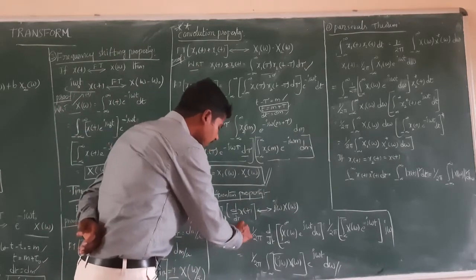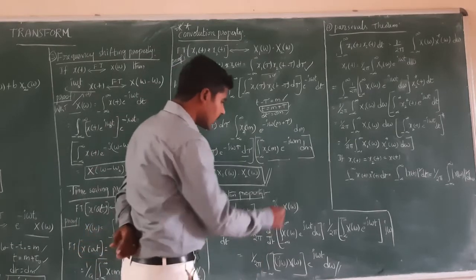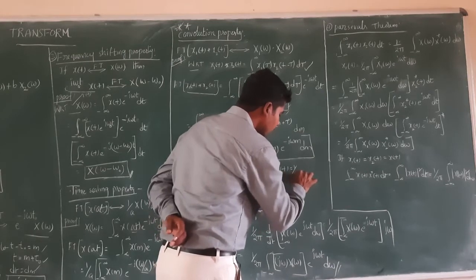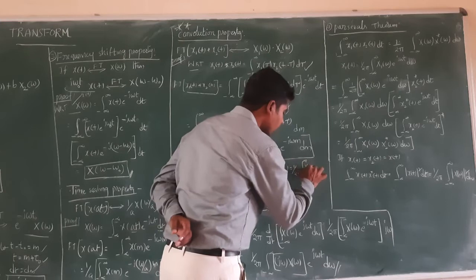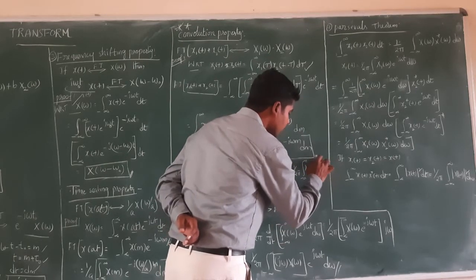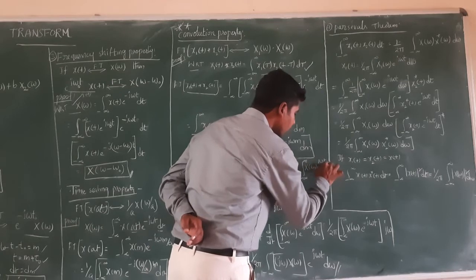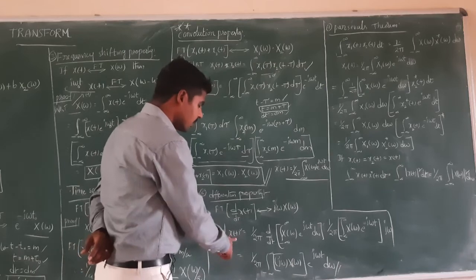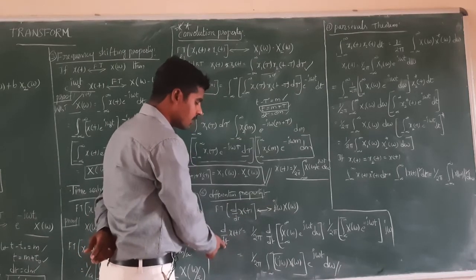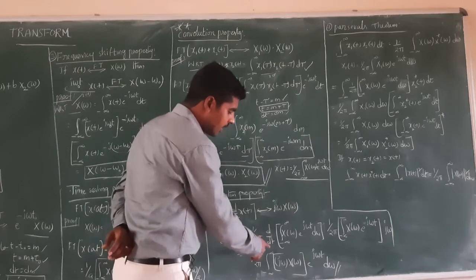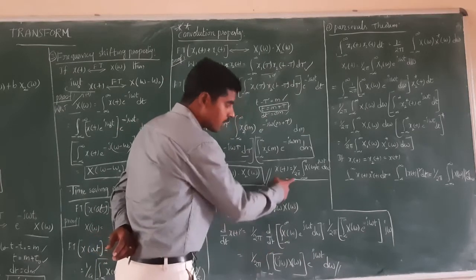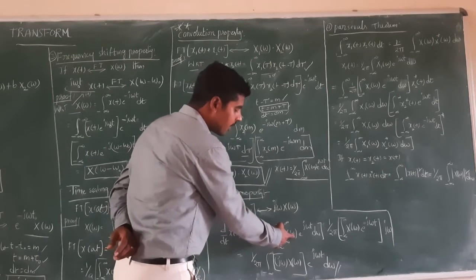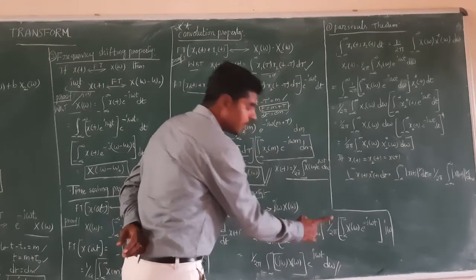Now we know, guys, x of t is nothing but the inverse Fourier transform. I think you are also very aware of that. x of t is equal to 1 by 2 pi integral X of omega e power j omega t d omega. It is also a standard formula. So this is the formula for x of t. Now d by dt of x of t, that means differentiation of x of t with respect to t, gives rise to 1 by 2 pi d by dt of the integral. This x of t value, you can replace with that one: integral from minus infinity to infinity X of omega into e power j omega t into d omega, right?